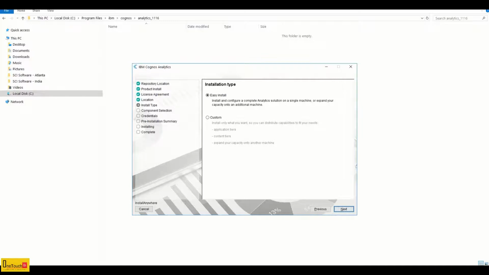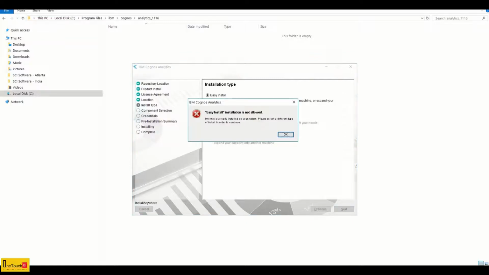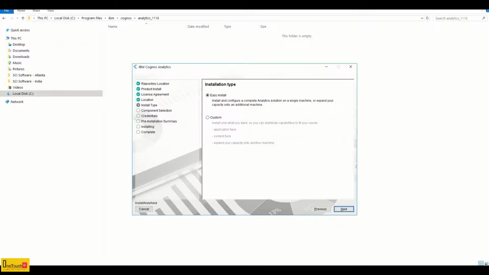Now you're going to install the complete version of IBM Cognos. If you're a first time installer, I would recommend going for easy install because it comes with the inbuilt Informix database used for the content DB. If you're not a first time installer, if you have already installed Informix DB, it won't allow you to install. In my case, I have already installed a previous version of IBM Cognos, so Informix DB exists. That's why I get this message. It's fine. Now you can go on custom installation since Informix DB already exists.